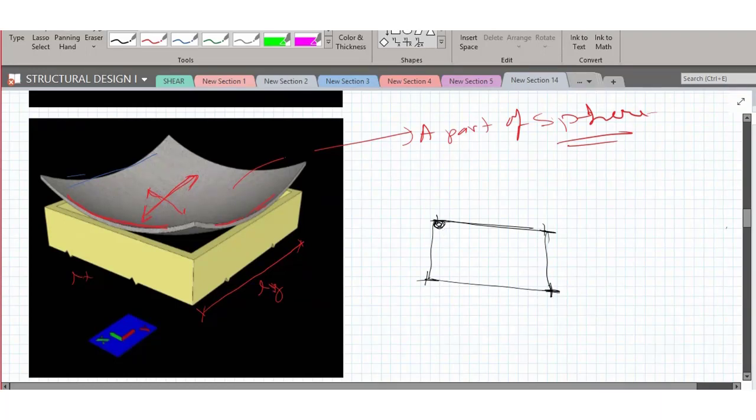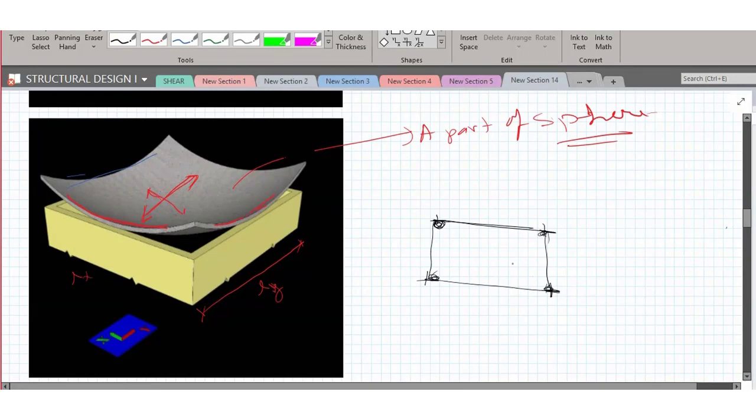The corners will lift when you have a simply supported case. When you have a simply supported slab, the possibility of lifting of the corner exists. But when you have this beam and slab supporting system with monolithic construction, the corners will not be allowed to lift.